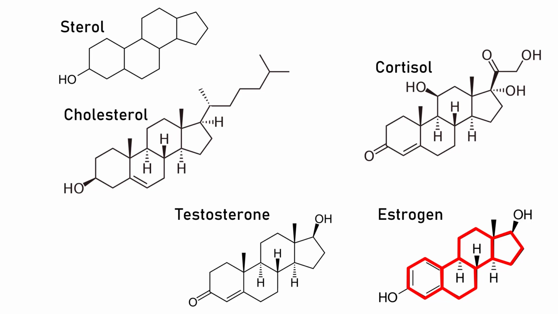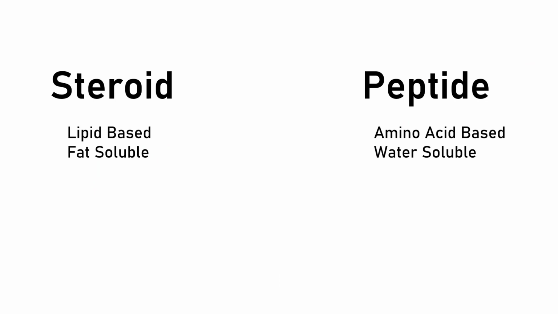But again, you can see estrogen has that same four-ring molecule. And then you have cortisol, which again is considered the antithesis to testosterone, and it too also has that sterol backbone. So you can see here that cholesterol is important for the production of our testosterone, estrogen, progesterone, which isn't listed here, and cortisol, which helps with the anti-inflammatory and recovery component. So those are your steroid-based hormones based on steroids, sterol, cholesterol, and those are based on fats and are fat soluble.